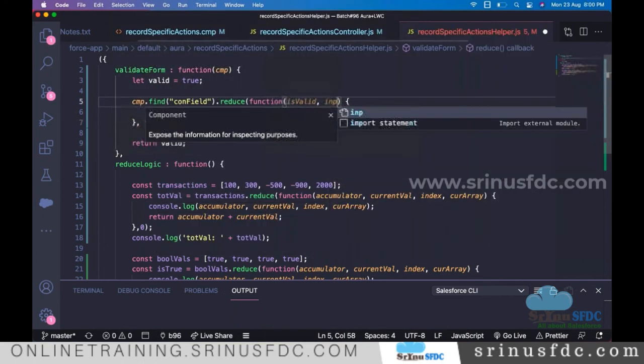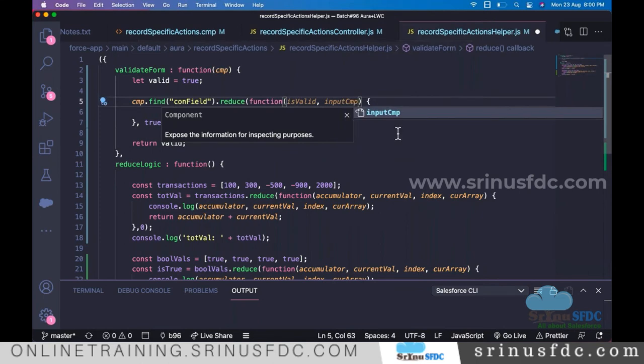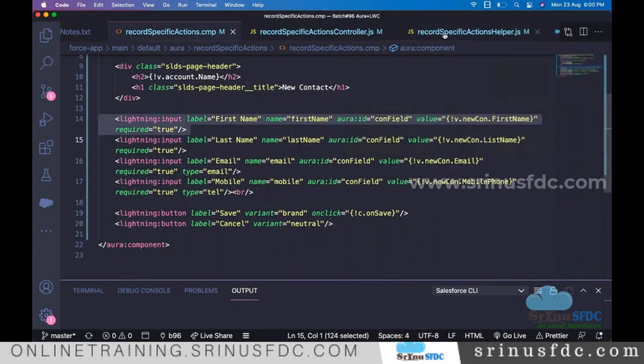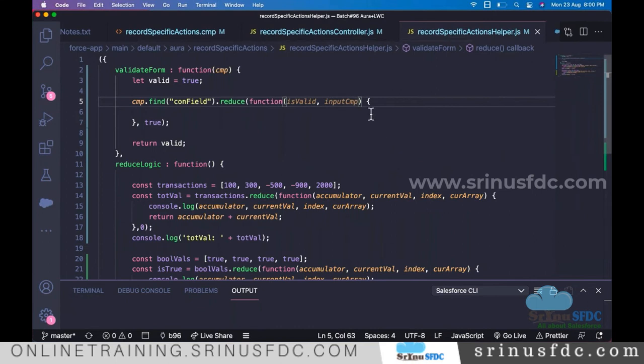This name can be anything, right? Let's say we are dealing with the input component. Each and every element is one input, right? So we want only these two. Finally, return. So what exactly we do is isValid, and